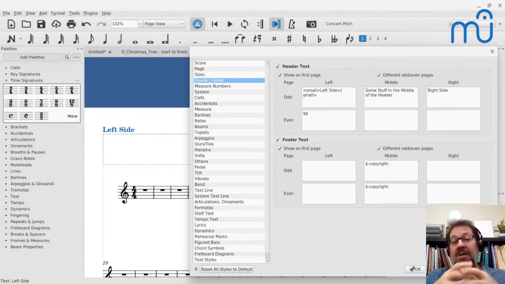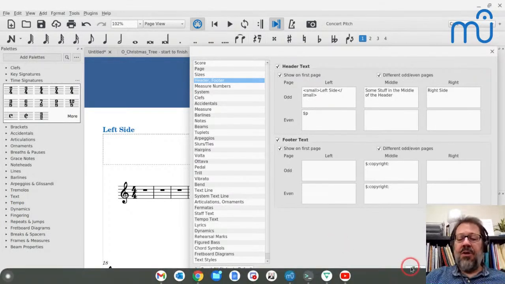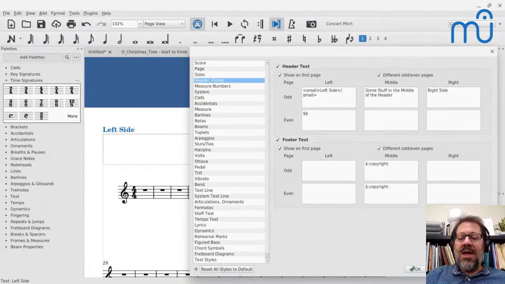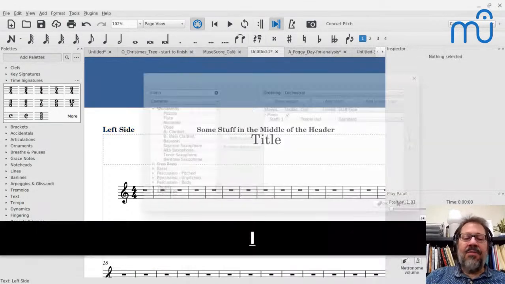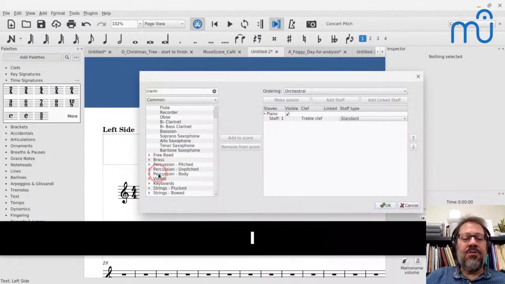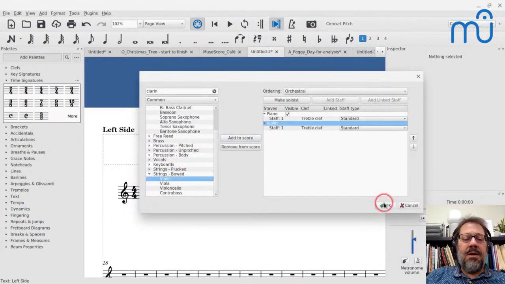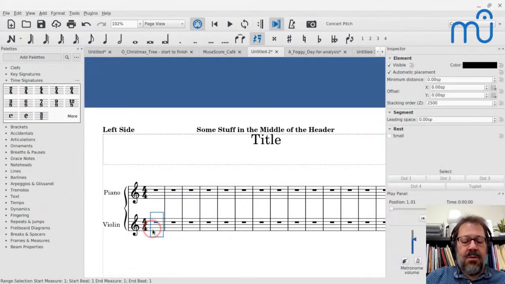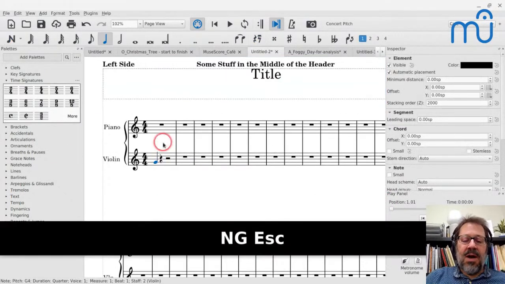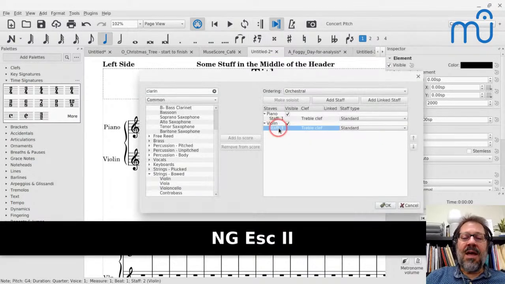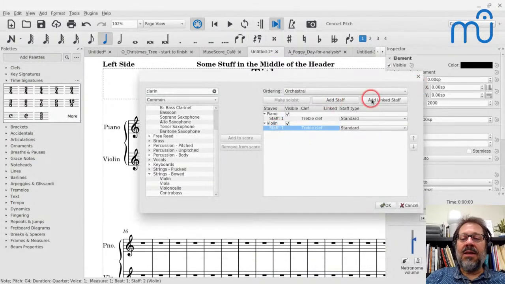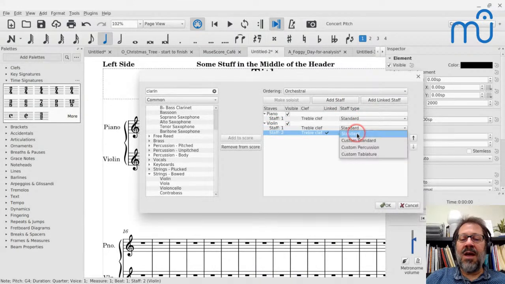Okay, so tablature for violin. So yes, if you mean it's going to work just like guitar tablature, you can do it. However, what I will say is, if I add a violin to my score, let's do that. Strings, bowed, violin. I've got violin now, and I'll enter a note. If I try then to go here and select that staff and say add linked staff, and I try to change it to tablature,